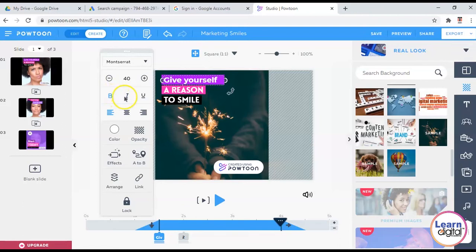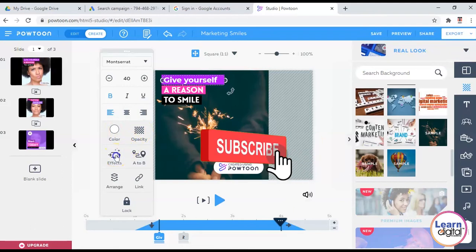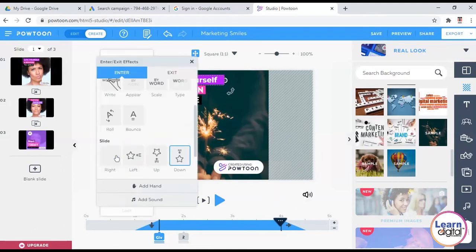You can make it bold, italic, or you can underline that. Left, middle, right alignment is possible. You can also change the color. And you can select the opacity. Under effects, you can animate your wordings. You can check for the slide, or you can go for the roll, or you can use the hand for enter. Now I select this hand